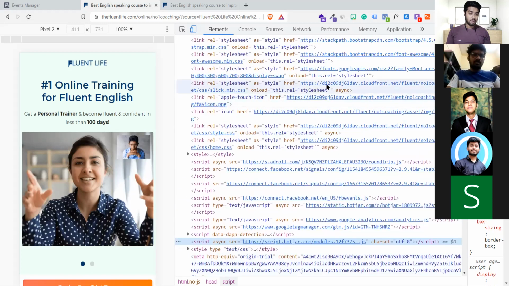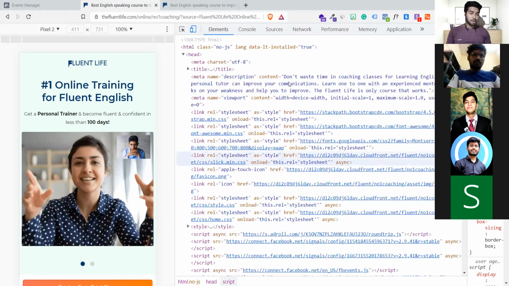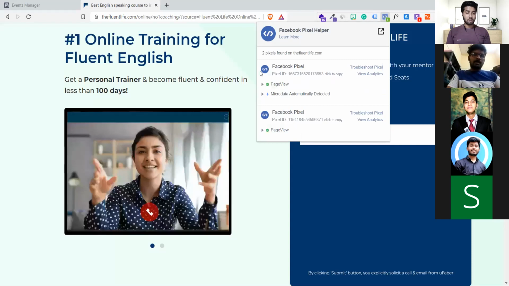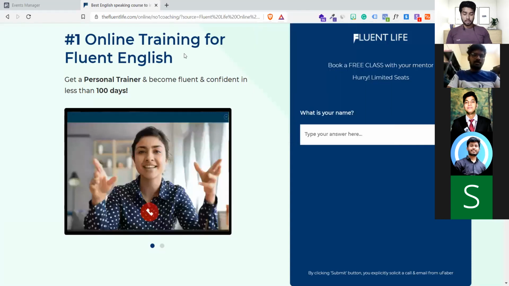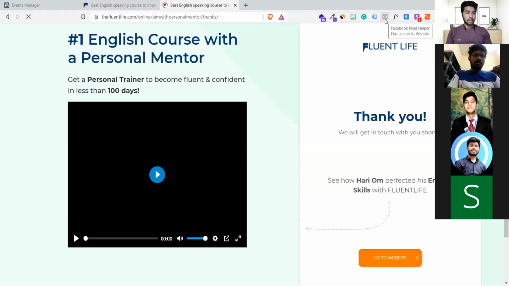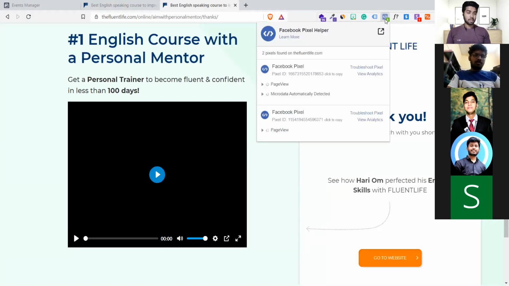All right. So I'm not able to find that particular ID here. But anyways, I told you it is already installed. Don't have to knock your head on this. So better you click here, you'll get to know whether the pixel is installed or not. And where is the other page we opened? Yes, this one. If you open this and again click on this pixel, you will see